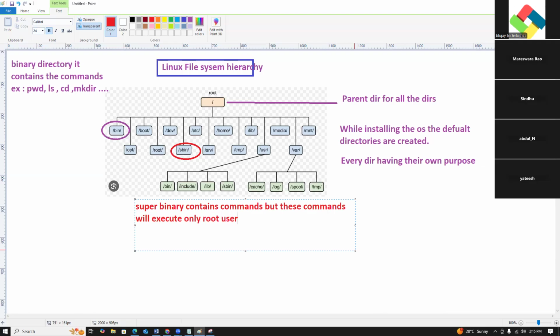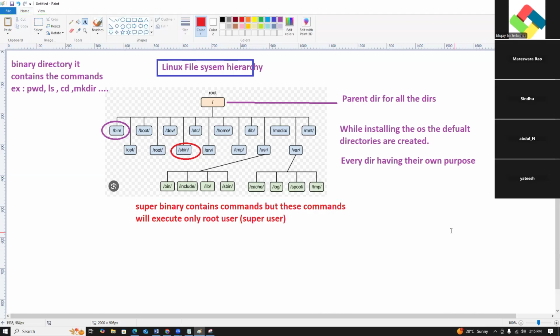Root user means super user. A root user can execute both bin and sbin commands. Guys, be careful.